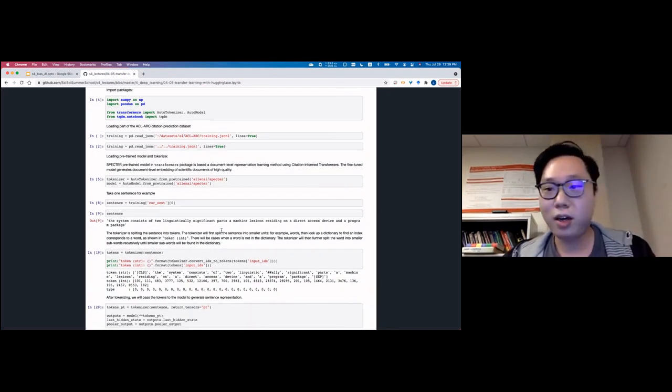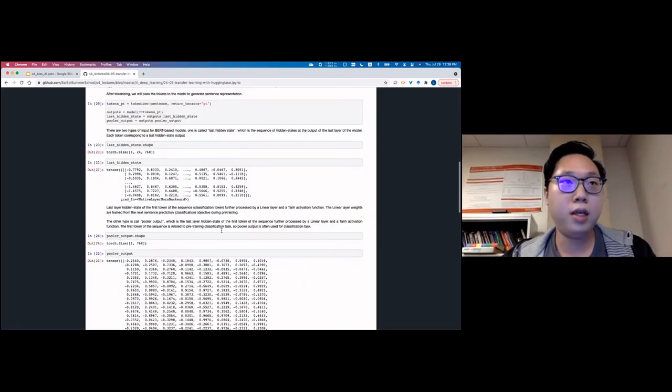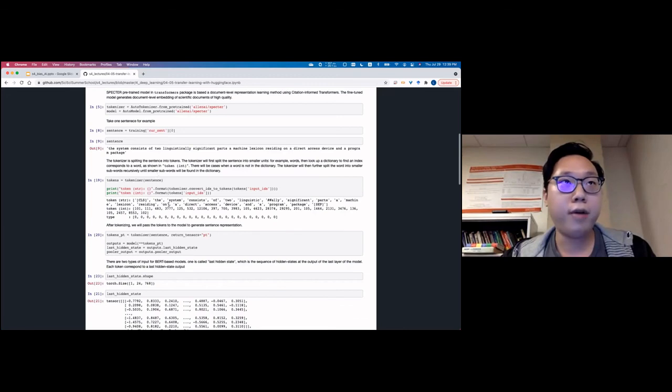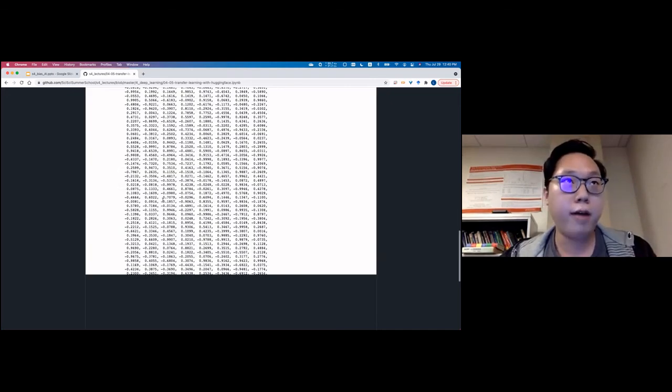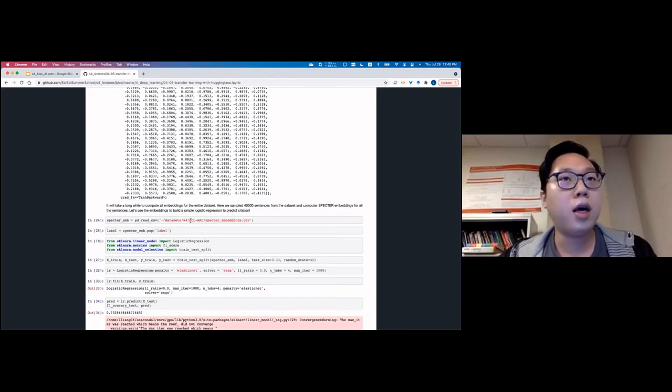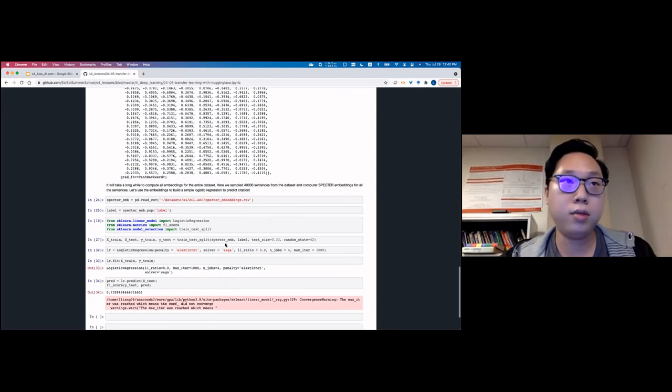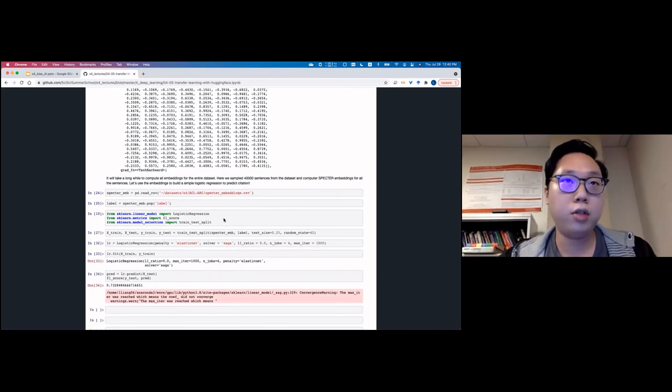Because of the limitation of our hardware, even though I have a demonstration on how you can use SPECTER to generate a sentence or document vector, I have pre-computed vectors for 40,000 sentences from the citation worthiness data set. So you can use the data set to train a logistic regression.